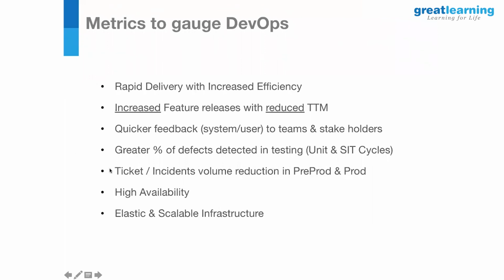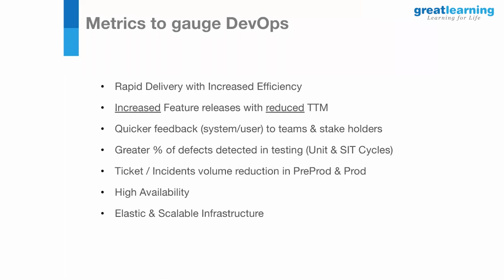Basically, to strongly come out with an efficiency of CI/CD implemented, we will have to assess them with few pointers. Deployments in comparison to earlier rollouts should have definitely increased. Otherwise, there's no point in moving to CI/CD using AWS, of course. And the time to market should be reduced. So increased feature releases and reduced time to market. So defects raised or being captured at pre-prod and prod should be less in comparison to the testing phase, as we have the continuous integration implemented successfully now using AWS code pipeline.